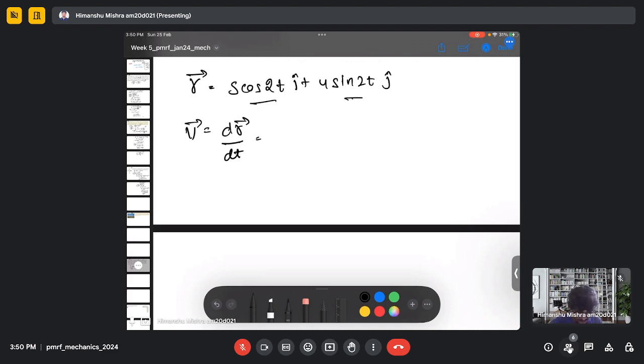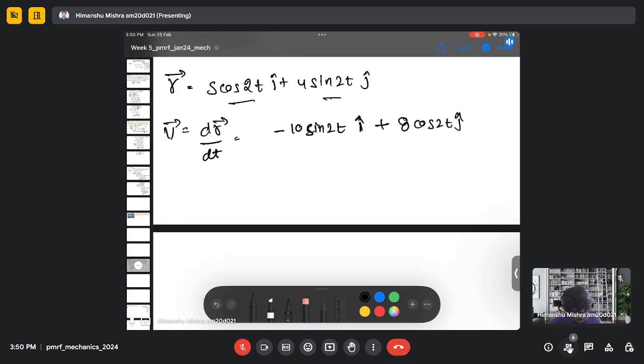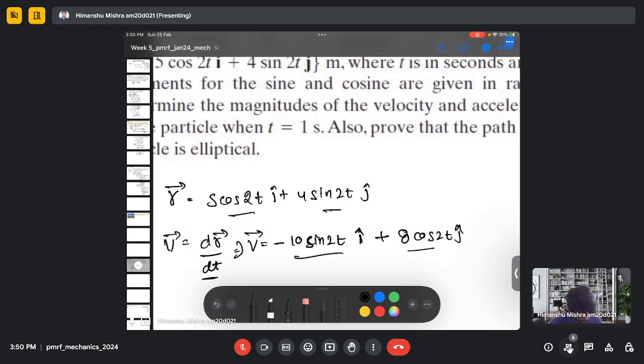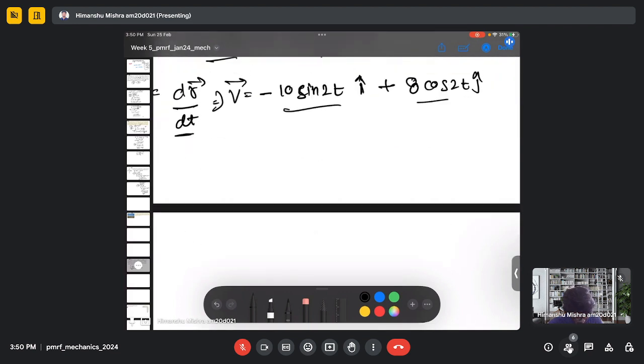and we will get minus 10 sine 2t i plus 8 cos 2t j. So now this is my velocity vector. After taking the derivative, this will be my velocity vector. And velocity vector at time t equal 1 will be minus 10 sine 2 i plus 8 cos 2 j. So it will be